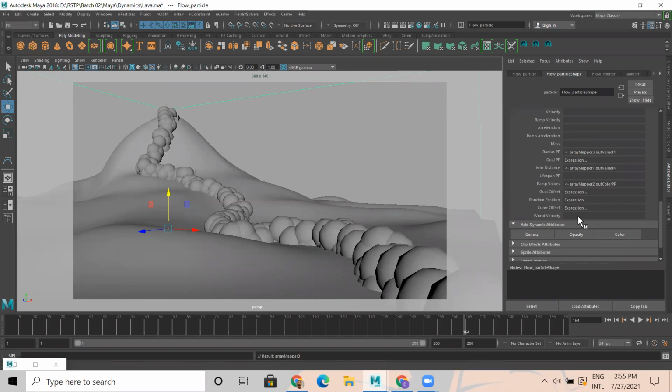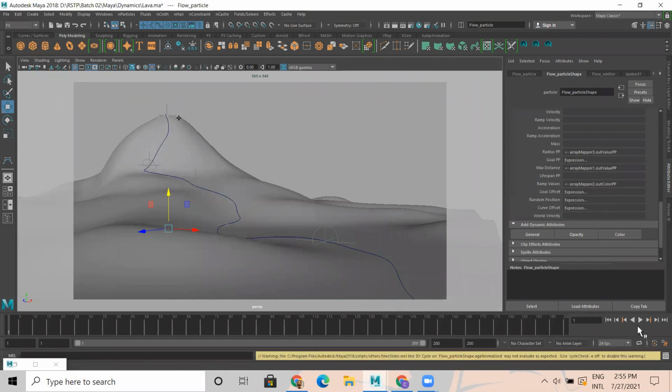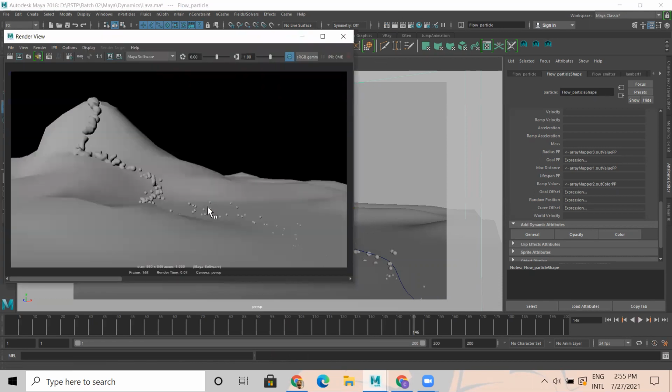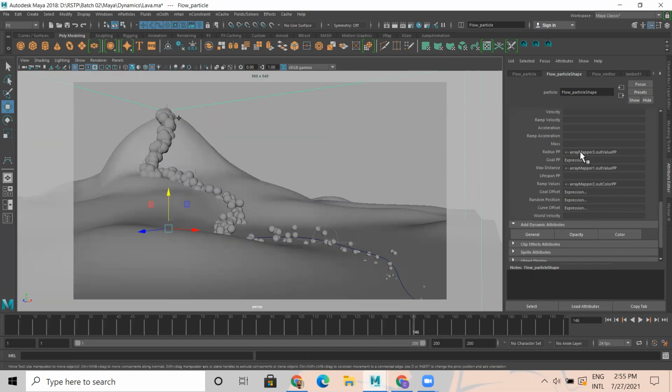I'll show you after I create a ramp, what happens, how the flow looks like. I need to edit this ramp, but before that, after creating radius pp, you have something like this. Guys, observe what is happening. Here thickness is more, here it is less. When we add ramp, automatically we got some output which is closer to our output. See, here it is thickness, here it's small pieces. Okay, so now let's edit the ramp.